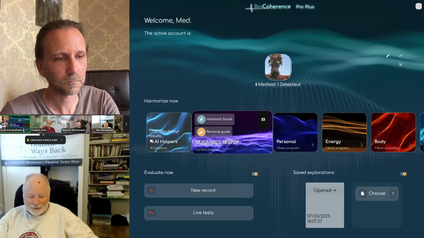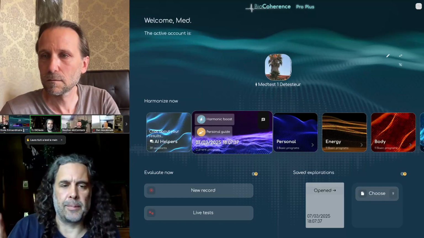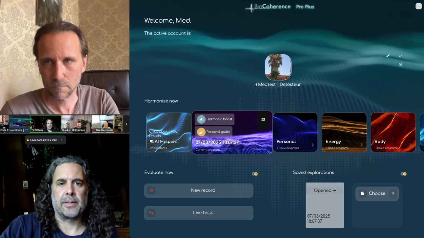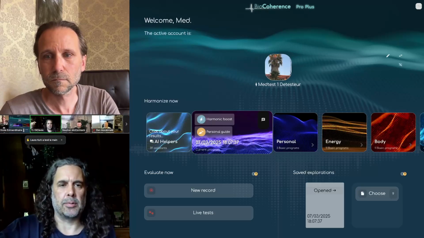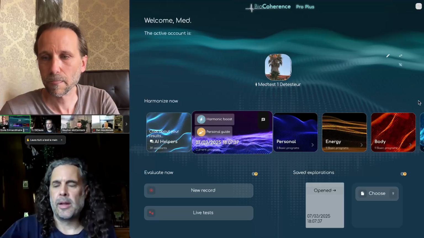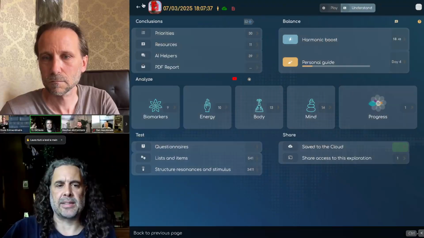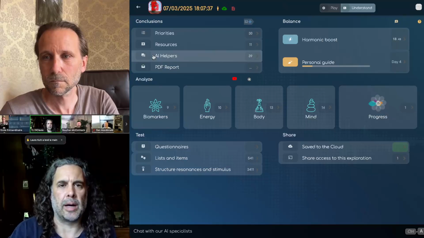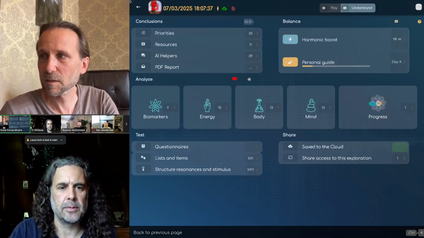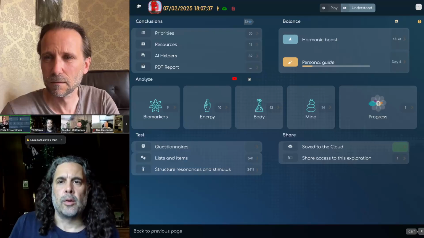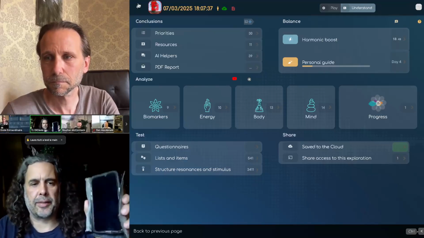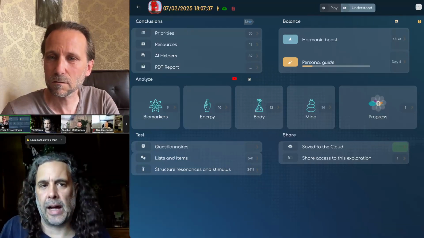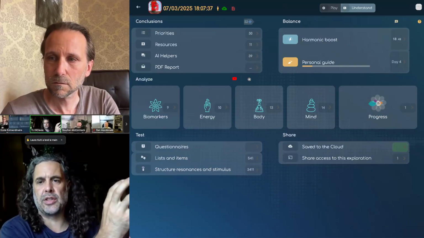I was going to say that on the phone, when I'm in the app and I'm trying to go back to the screen, I think the back button is in the upper left corner. Yes. Is that right? Sometimes it's missing off my screen and I'm not able to hit it, and I have to go out of the app and go back around. So maybe that's just an adjustment. So this button is not working on your phone, you mean? Right. I think it's coming off the screen too much. I'm not hitting it, so I don't know if I'm doing something wrong or if the screen is just maybe